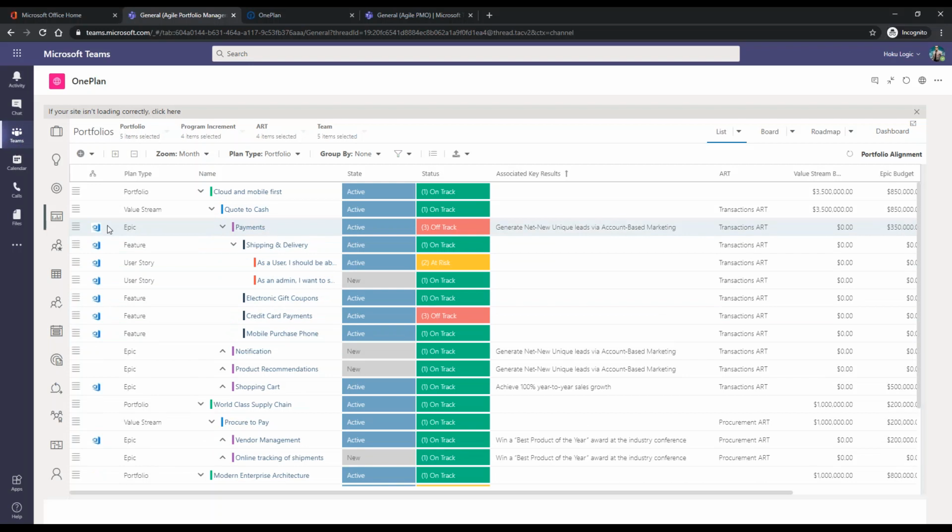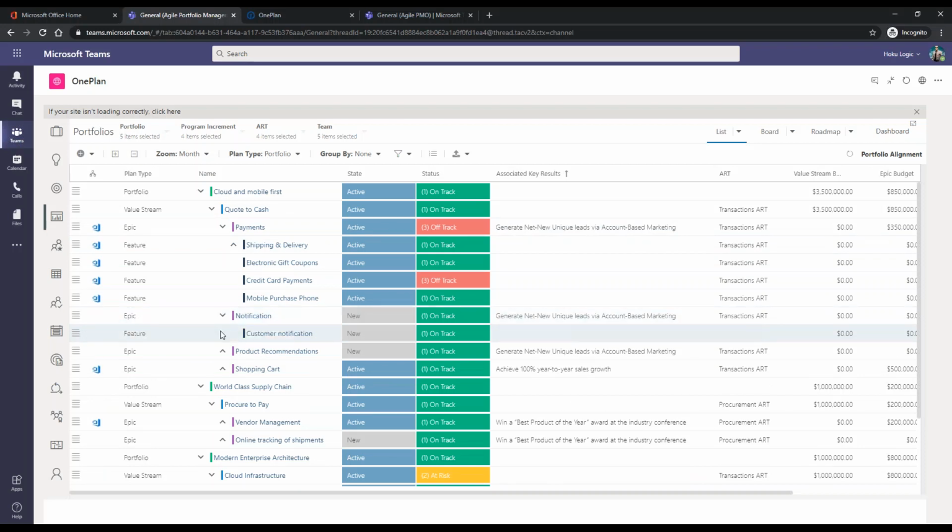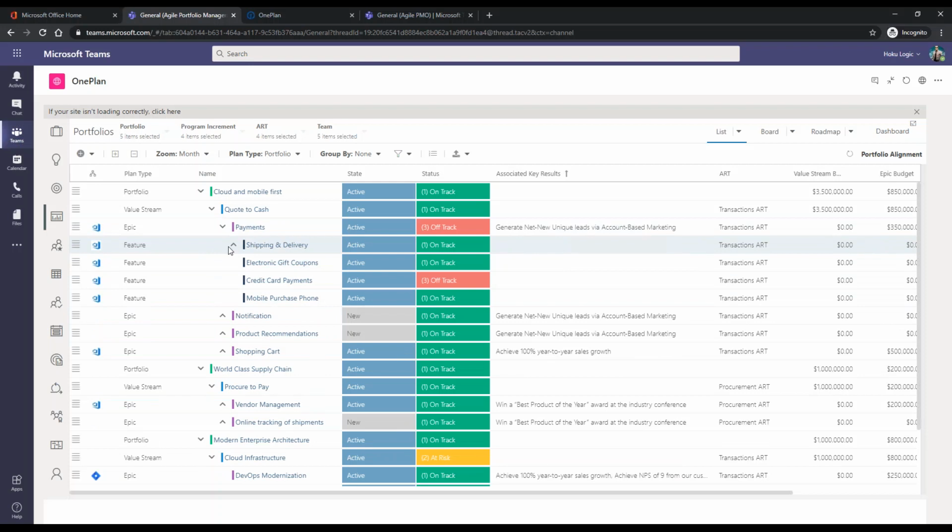So it doesn't have to be this way, but in this case, we decided to configure epic features and stories. So epic features and stories that are being created in Azure DevOps are actually coming into OnePlan. There's some process definition there, and you can control whether you bring these in or whether you define epics, like in this case, and then connect it to Azure DevOps for it to be further broken down into features. But to continue with our narrative here, let's focus on